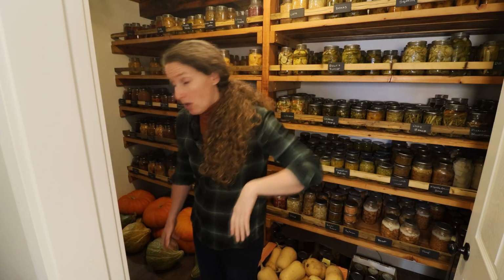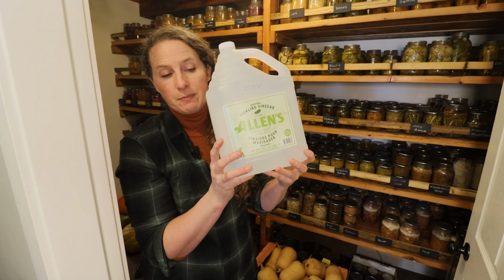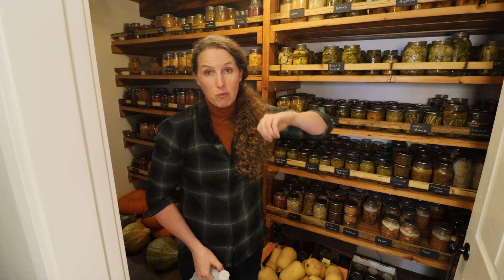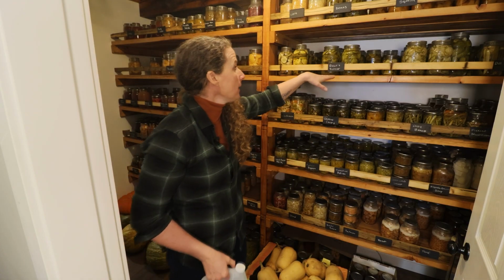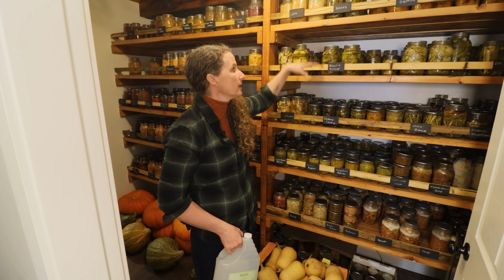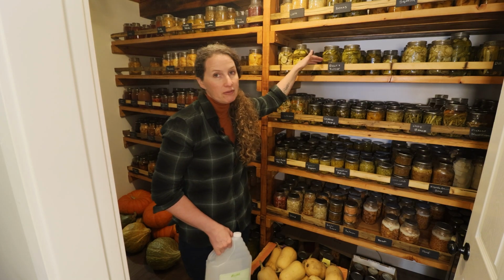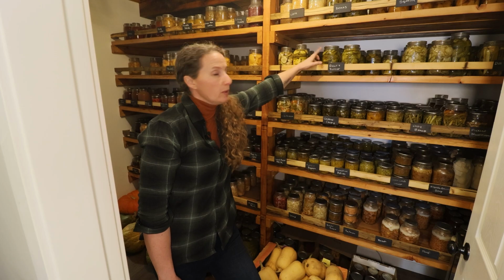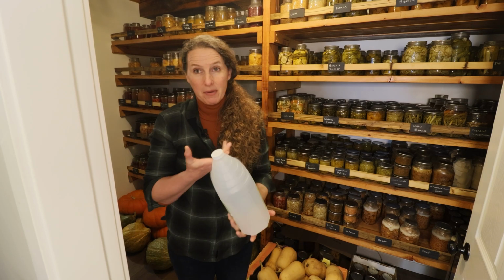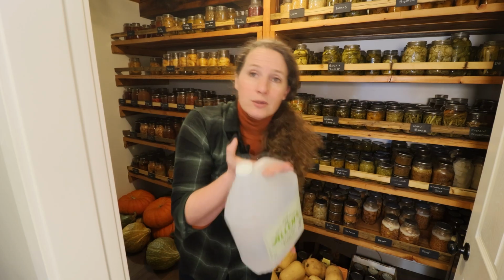I buy my vinegar in bulk, and I buy cases of this pickling vinegar. For most of my recipes, it's half water, half vinegar. This carries 4 cups of liquid if there's nothing else in it. So let's call it 1.5 cups of liquid, maybe 2 cups of liquid with the product in there as well. So maybe a cup of vinegar per quart. So a jug like this is